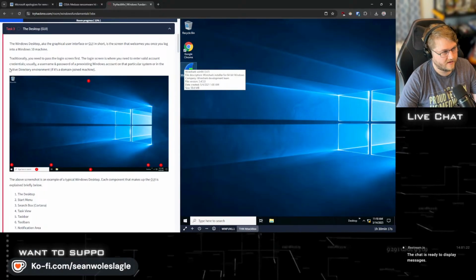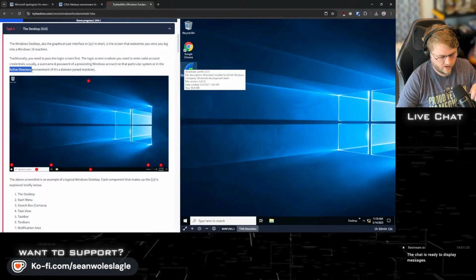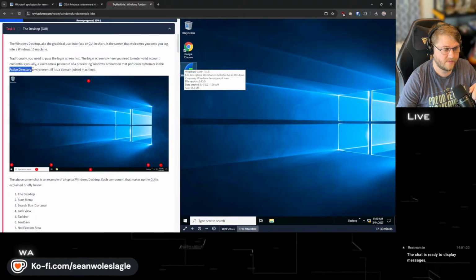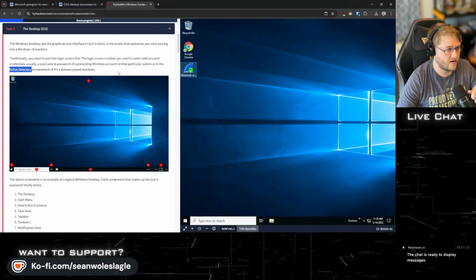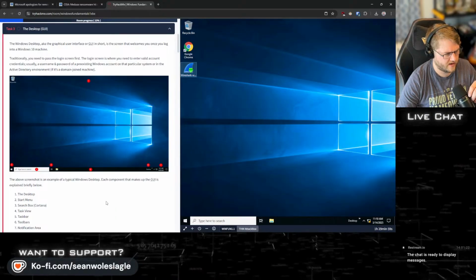And highlight this point because it's going to come in handy. If you're going to become a red teamer, if you're going to become a pen tester, you really should know Active Directory. Hell, even if you're going to be a blue teamer, you really need to know Active Directory. It's important. So if it's domain joined, which we'll get into later, I don't want to get too far ahead of ourselves here,